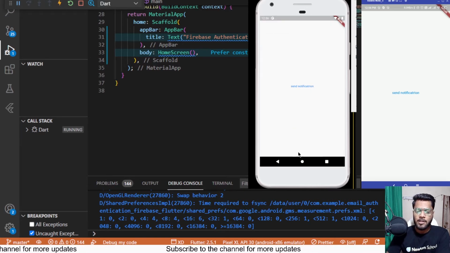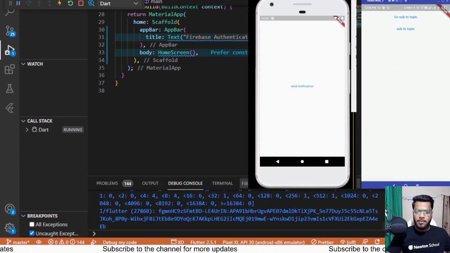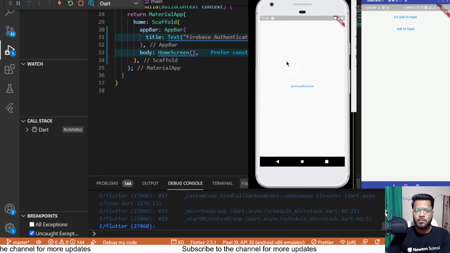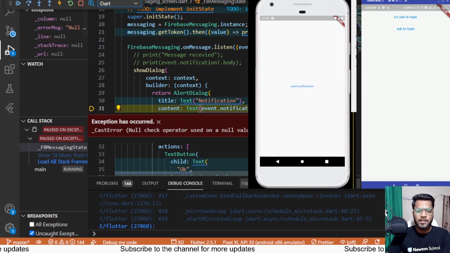So I'll be clicking on this trigger screen, and from this app that's running in my physical device, I'll be going inside the FB messaging screen. And you know that both of these users are already subscribed to the topic, that's messaging. So from this emulator, I'll be clicking on this send notification button, and we'll be getting the status code as well. But as the app is not running over there, most probably we won't be getting a status code over there. And herein you can see that we are displayed with an option that the body was called on